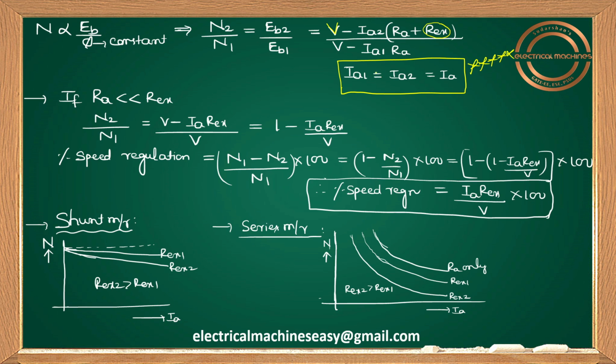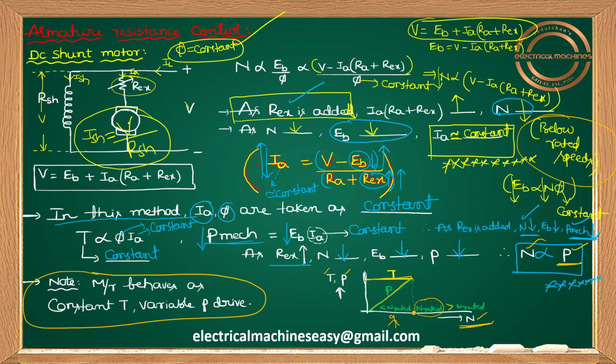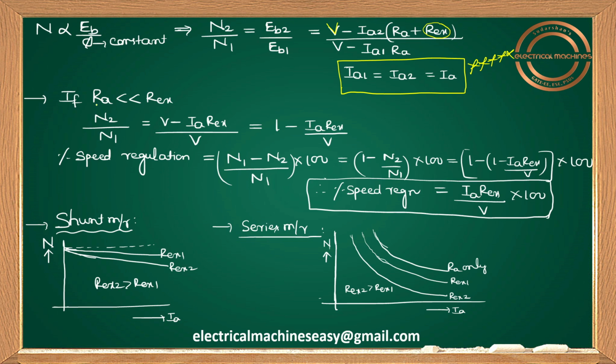Now let me proceed with the armature resistance control method once again. Guys, the armature winding will have some resistance RA. With respect to that RA, this extra resistance will be somewhat more, so obviously RA is less than Rex. If RA is less than Rex, then RA can be negligible. So in this expression I can write once again: N2 by N1 equals V minus IA into